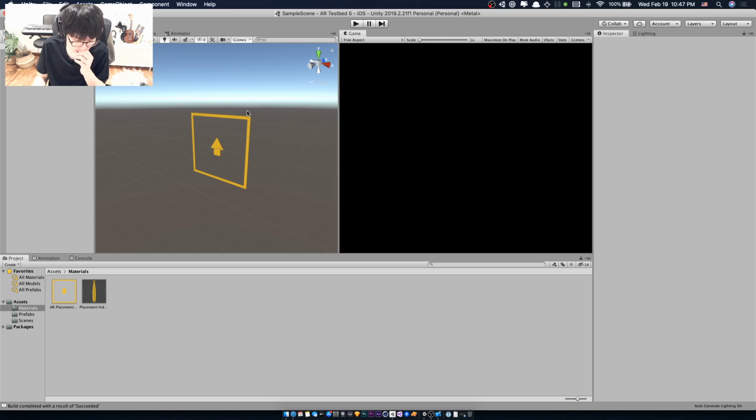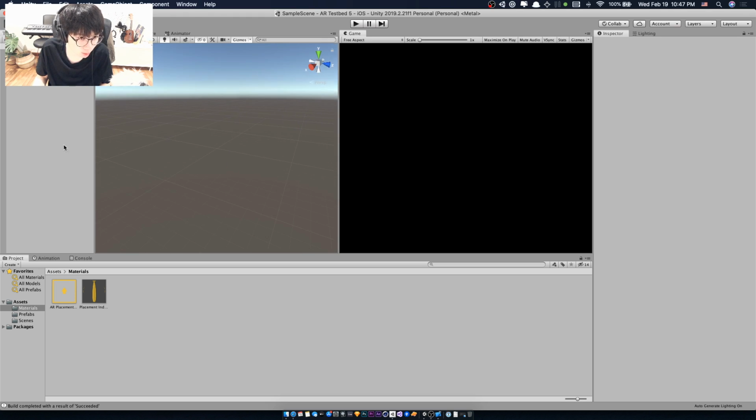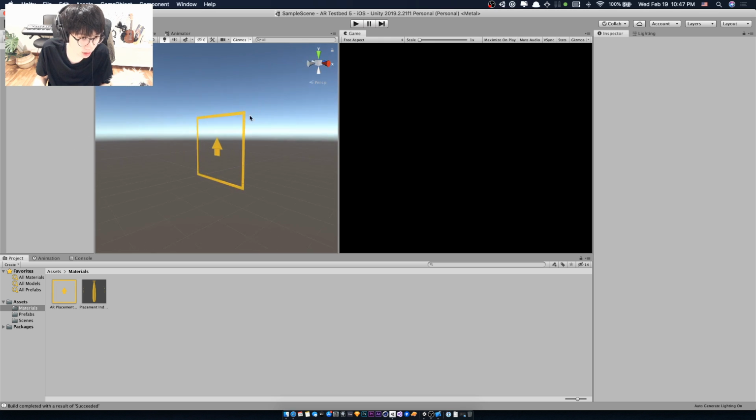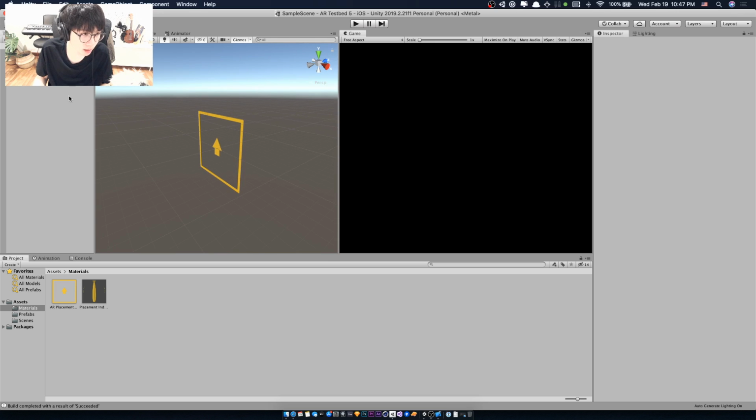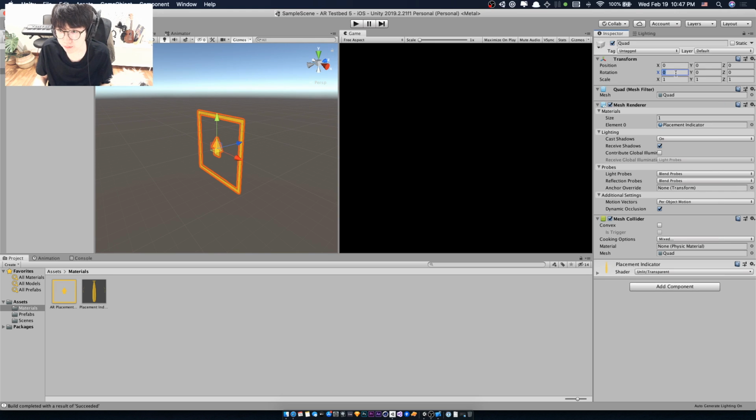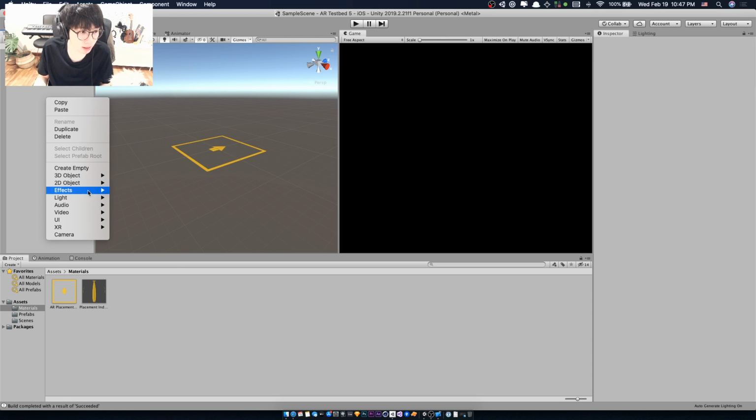But the thing that you have to be a little bit careful about is that a quad only has one side. So although it kind of looks like a plane, it's a plane that supports only one side. So when you rotate the camera to the back, it disappears. Anyway, I'm gonna rotate by 90, but I'm also gonna create